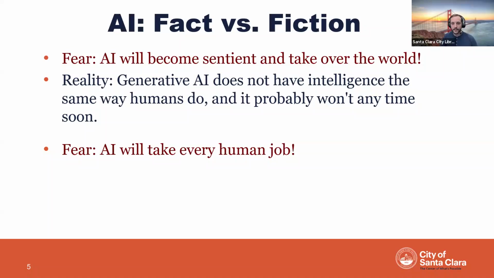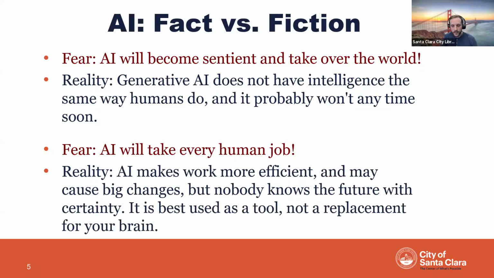Nobody wants to think that they're going to be replaced by AI and lose their livelihood. And again, it's something that there's a lot of speculation about. So the reality of the situation, despite all that speculation, despite fear mongering, is that AI, generative AI as we know it, is making work more efficient. It may cause big changes as it progresses, as advances are made, but nobody knows the future with certainty. And AI as it currently exists, and this is just my opinion,